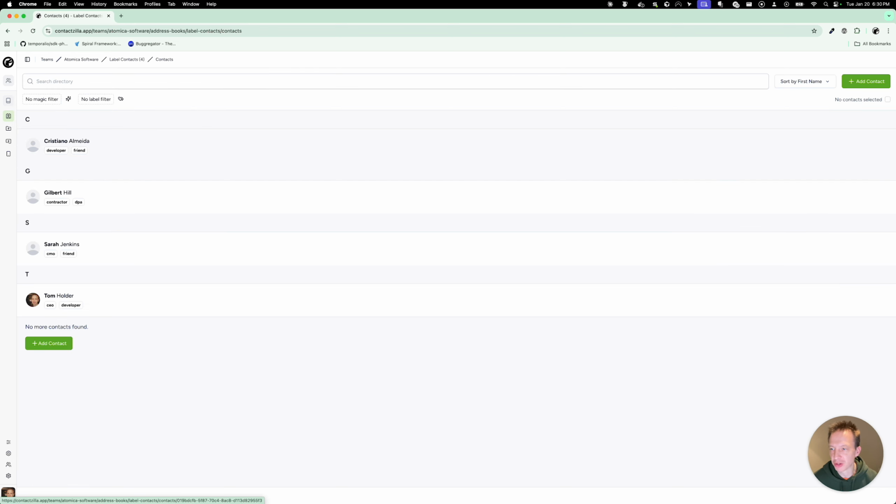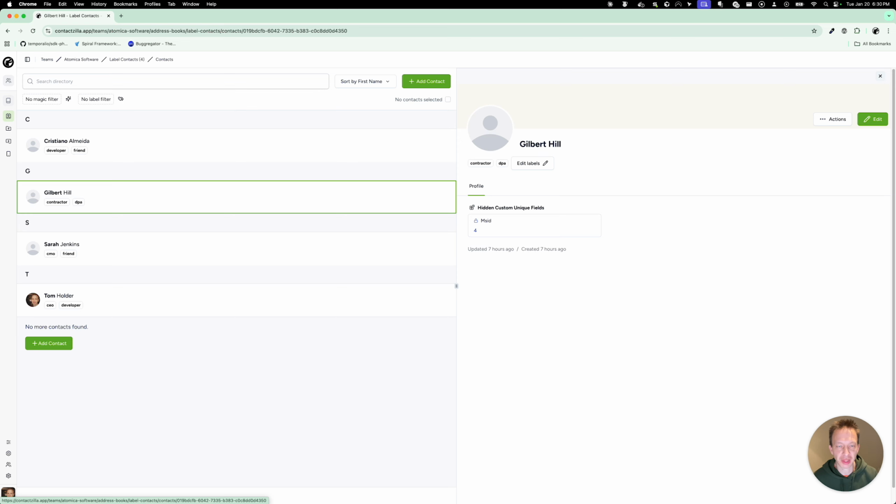If we jump across back to the address book, to apply labels, it's very straightforward. You just pick a contact, and then there's this edit label option here. And you can either pick from an available label, and when you do that, it will just add the new label in. And to remove, you just find the applied labels and click the cross, and that will take the